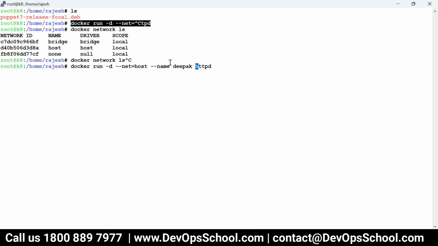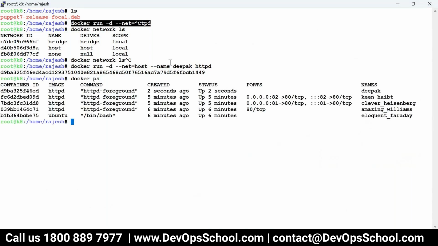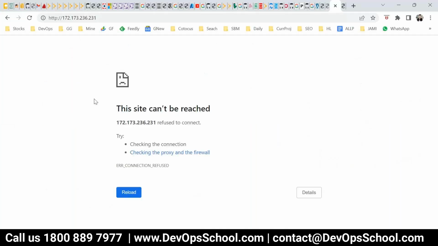So this container will be created from HTTPD, but this container will not get attached to the bridge network, but the host network. The only thing is, you can use only port 80. So enter now docker ps here, which I created just now. Now ports and all will not get assigned here. Now if you see, this container I can access from